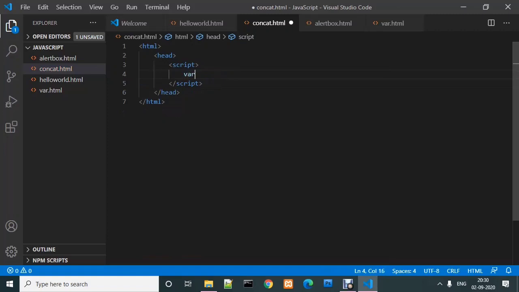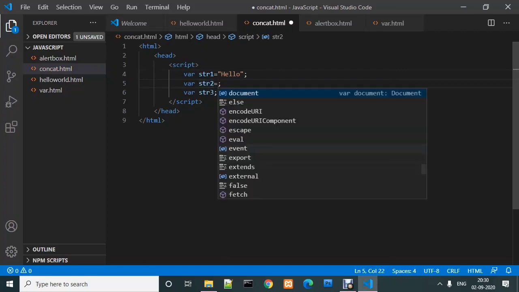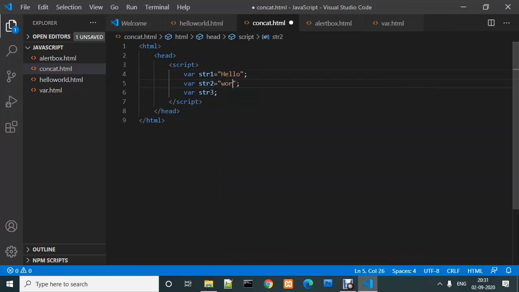Before starting, I am declaring three variables: str1, str2 and str3. So there are three variables and I am assigning values to two of them. str1 will have the value hello and str2 will have the value world.